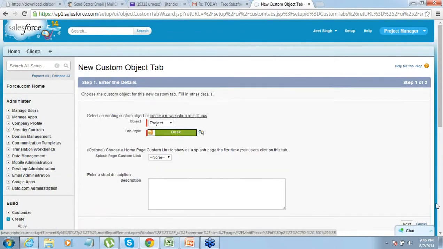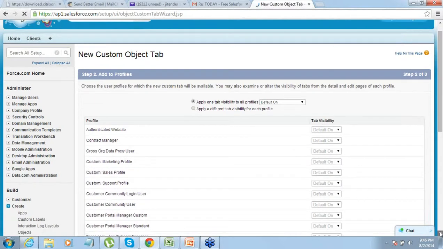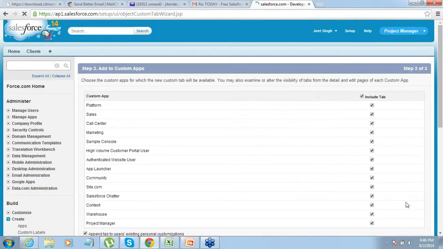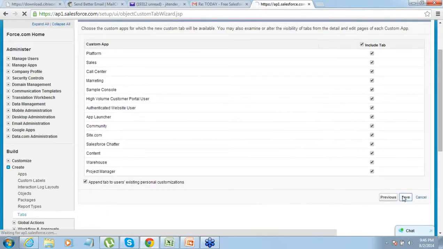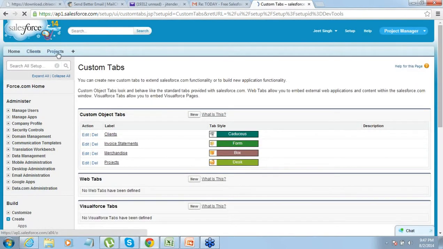Select any icon, go to next. Click on next, save. So we have got our project tab also here.